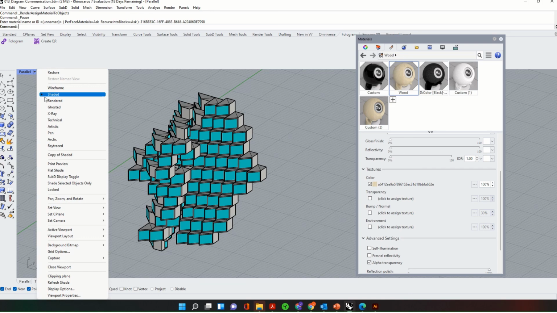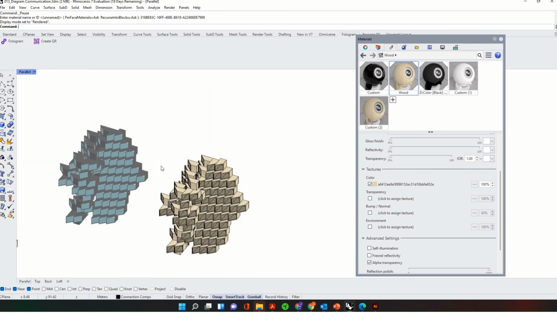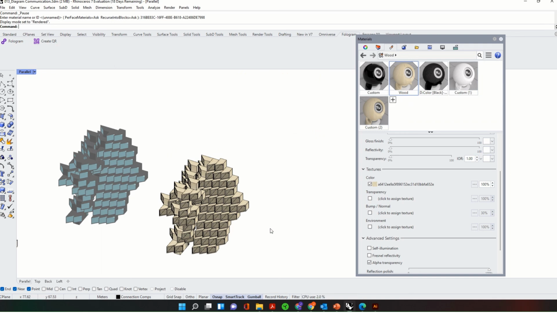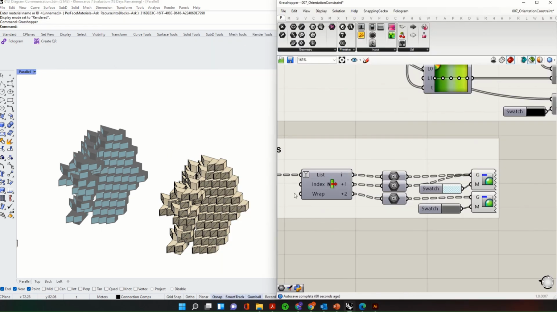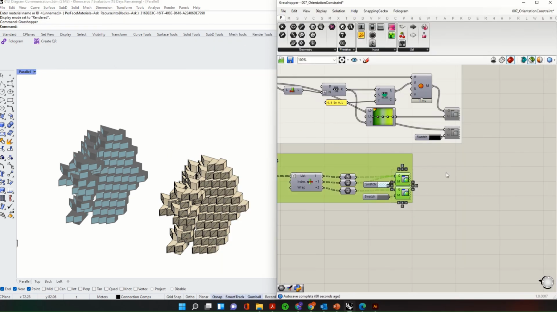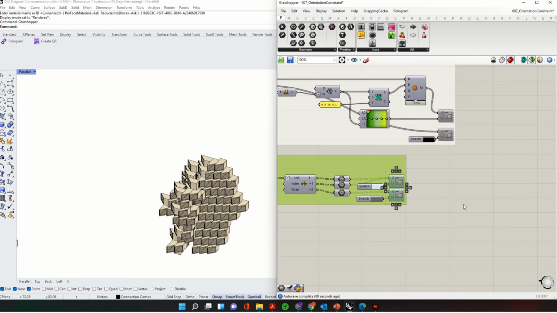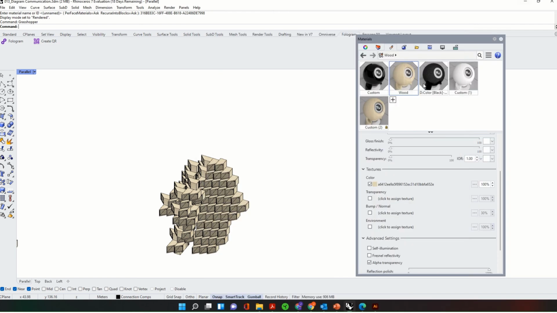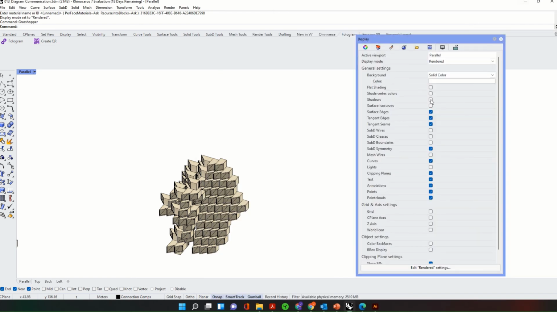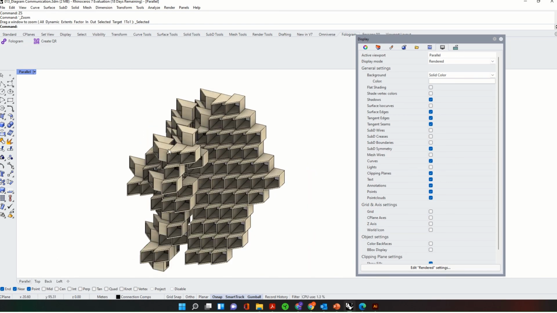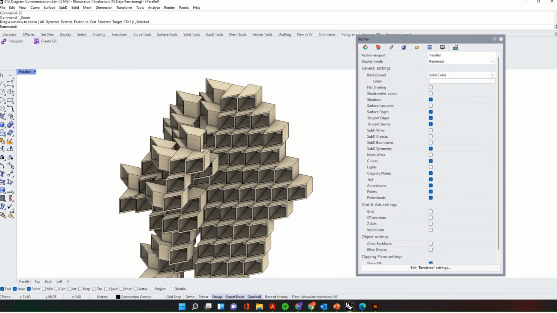We'll go into rendered mode, and we'll see if I switch off Grasshopper, pretty off, and I've got to put shadows back on. So now you can see it's a very simple way of